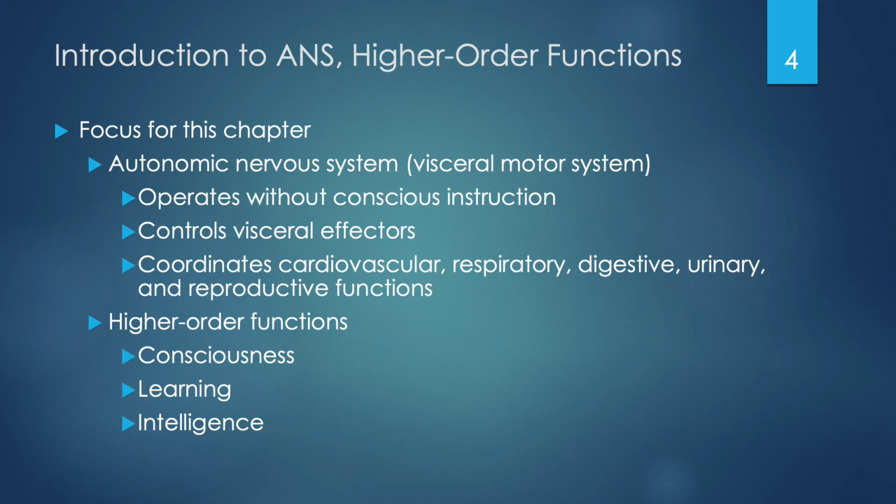In today's lecture, we're going to discuss the autonomic nervous system, which is sometimes referred to as the visceral motor system because our autonomic nervous system is actually sending information to our visceral organs. So all of these visceral organs operate outside of our awareness, so they're operating without our conscious instruction. The autonomic nervous system is going to control all of our visceral organs, or visceral effectors, and they'll coordinate our